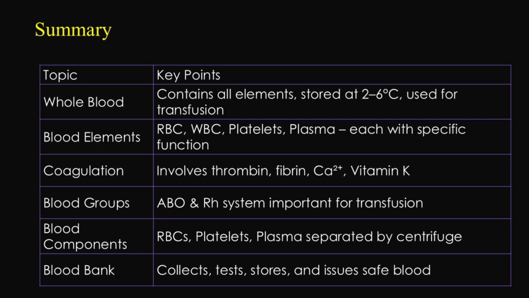Blood groups include the ABO and Rh systems, which are important for transfusion safety. Blood components, like red blood cells, platelets, and plasma, are separated from whole blood by centrifuge. Finally, the blood bank is the central facility that collects, tests, stores, and issues